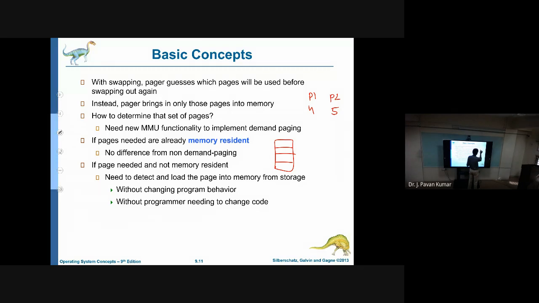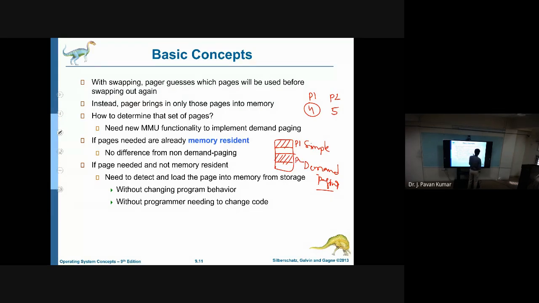In general, all the pages of the process need to be present in the main memory in the case of simple paging, whereas in demand paging, whenever we require a certain page, only then will we bring those pages into main memory. So we can have 2 pages or 1 page of P1 and 1 page of P2, and still we can consider that P1 and P2 are able to execute. This is the difference between simple paging and demand paging. This demand paging is possible due to the concept of virtual memory.